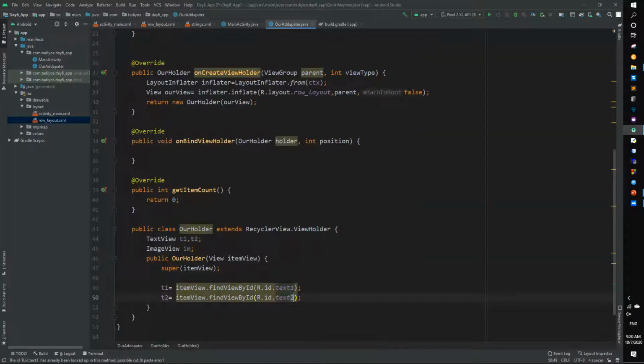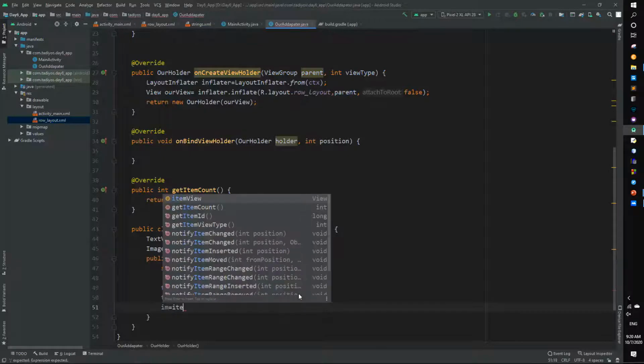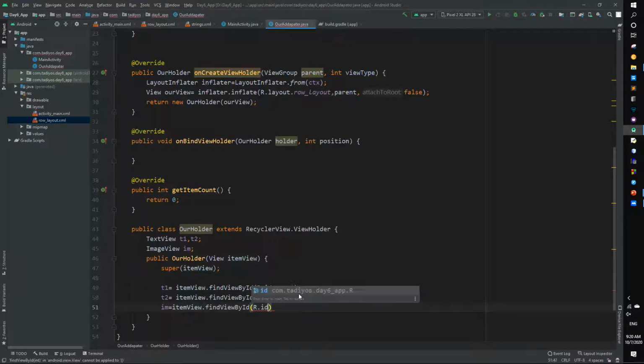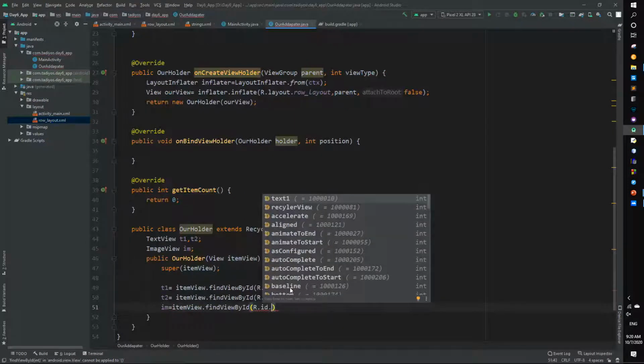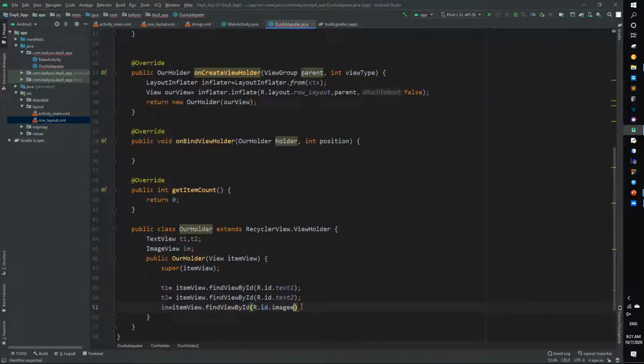So we can change this one to text2, and the next thing is we also have the image view, right? So for the image view, we can call that one from item view dot find view by ID and R.id dot, and what we named the ID for our image is image. So we copy this and paste it over here. Okay, now our data will be ready, and we can now attach these 3 items to be presented in our